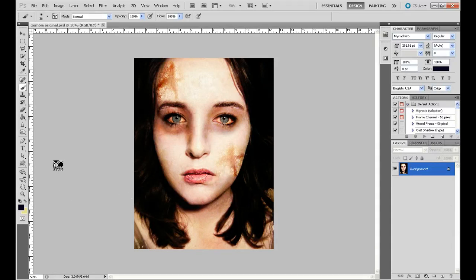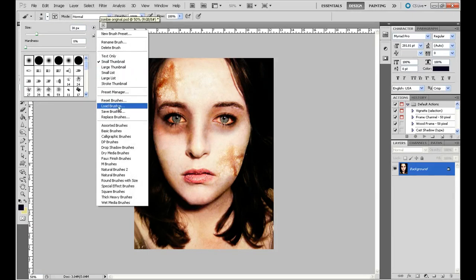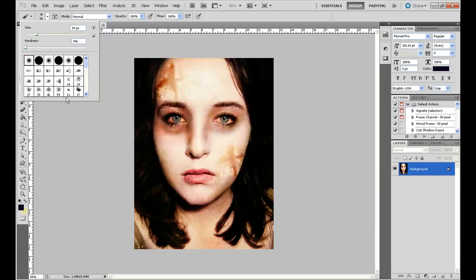And to do that, we are going to download a specific brush. This is new for most of us. To do this, you're going to go up to your brushes like you're going to pick a brush, but you're going to come right here. Click down to load brushes. Our brushes are found in the Turn-In folder under Potter, Tutorials, Zombie, and Stitches. And it will at first look like nothing happened, but if you scroll down to the bottom, you will see